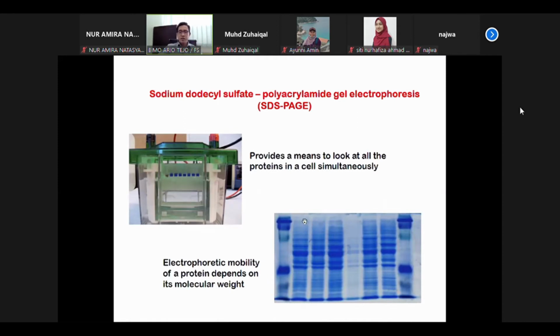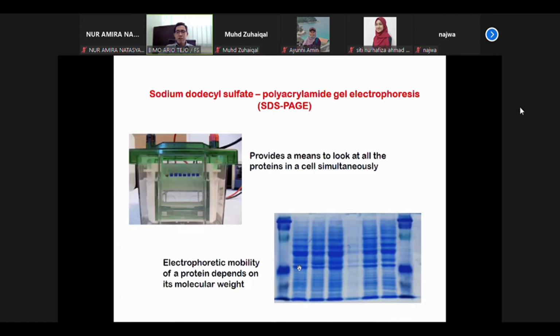Ya, kita selalu letak sampel dari atas, ya. Yang protein yang kecil dia akan lari cepat, dia akan sampai bawah, ya. So yang bawah ni, yang you nampak dekat bawah ni, bands dekat bawah is protein with a small molecular weight. And then you can see all the bands in the middle. These are proteins with medium-sized molecular weight. Dan yang atas ni, yang lari dia lambat, ya. So they stay at the top of the gel. They are proteins with high molecular weight.